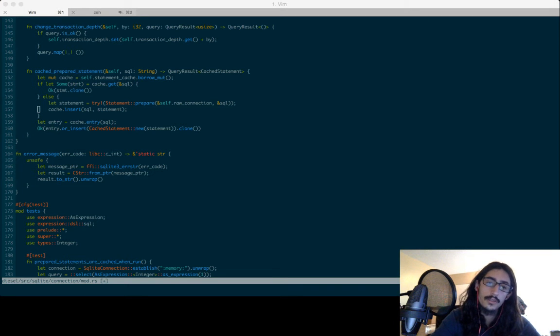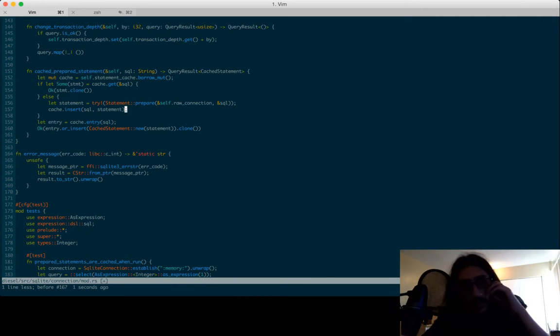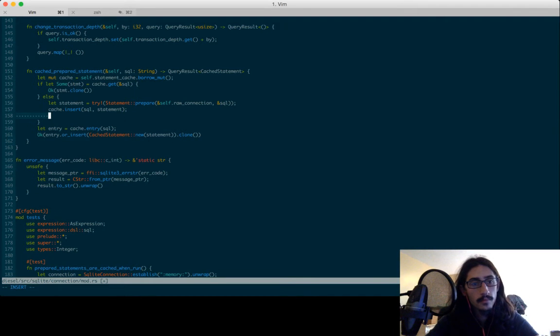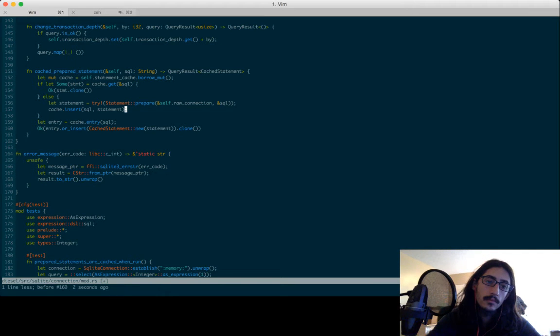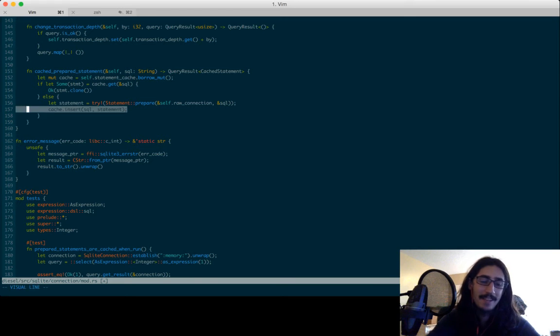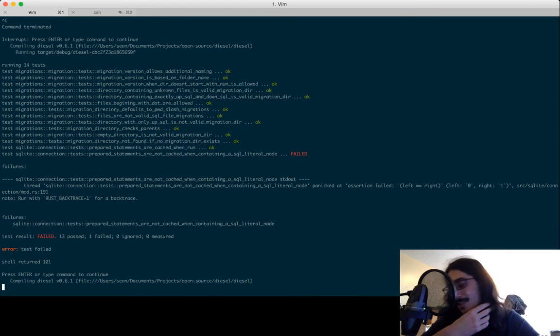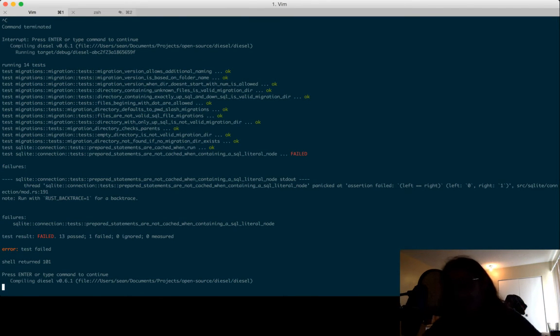And insert just returns Option<V>. Oh, it returns the old value, if there was one. In this case, we know there isn't. And actually, we still need the entry API here. Okay. See if that still compiles. I'm pretty sure we're going to have a conflict between a mutable and immutable borrow, but